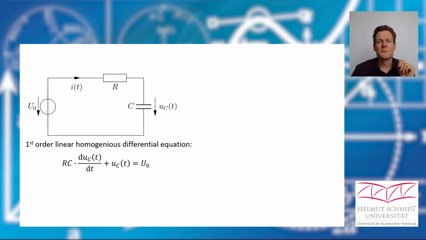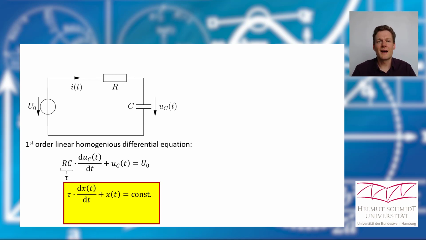And then we have the time derivative of it, and there can be a constant in front of that. And if we have such an equation of the form tau times the time derivative of the function we are looking for plus the function itself equals a constant, then this leads only to one solution and always the same solution, and this is